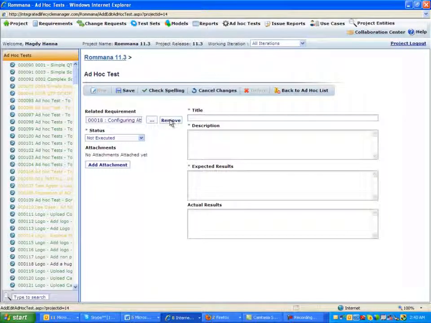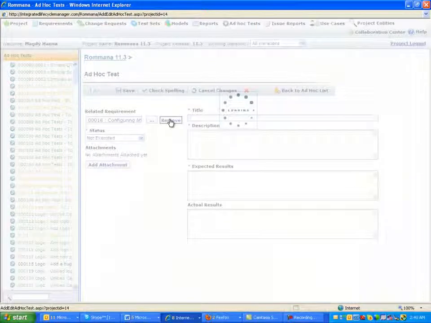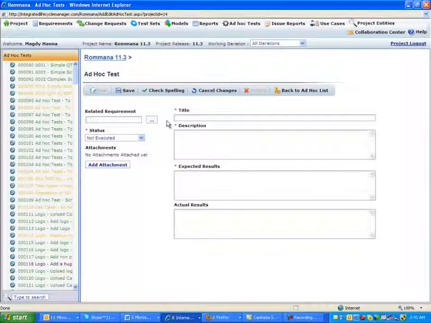Again, in this case, as I said, I optionally specified requirement number 18 to be the requirement I'm testing. I did not have to do that. I can simply click here to remove that requirement, meaning this ad hoc test does not really test a specific requirement, but it is a test that I just wanted to run regardless of what requirement it is. All I have to specify are these fields here. Of course, this is a drop-down list here: failed, passed, or not executed yet, and I can go ahead and save my